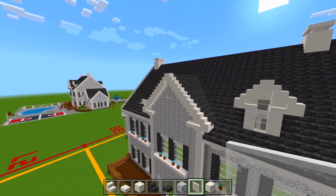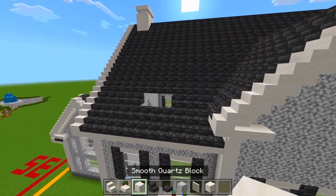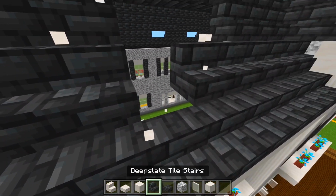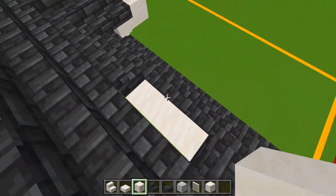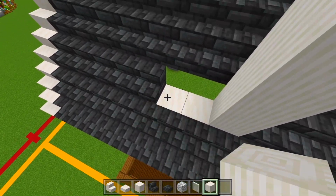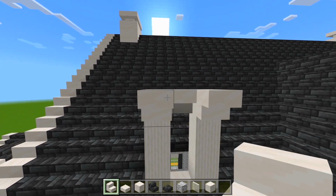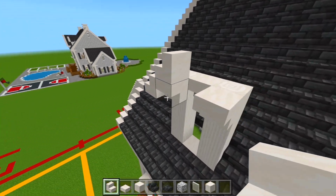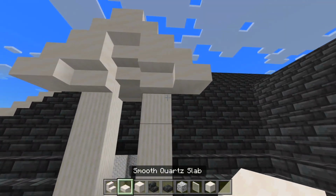I'm going to show you how to do it one more time over here. And then I'll skip over the 4 at the front. So, full blocks of smooth quartz. We just have 3. Oh, hang on. We're off to a bad start. Okay. We just have 3 down here at the bottom. And then we have the 4 pillar quartz blocks going up on each side. Upside down smooth quartz stair at the top. 2 more in the front. 1 facing up on its side at the side. And then another one on top of that. Upside down one in the middle, slab on top, 2 slabs in the front,